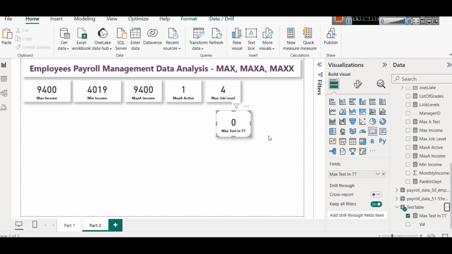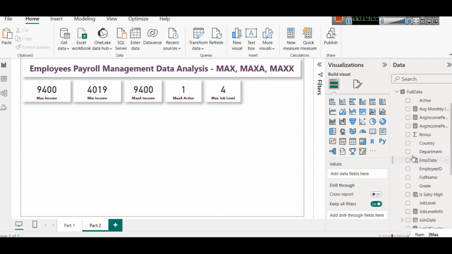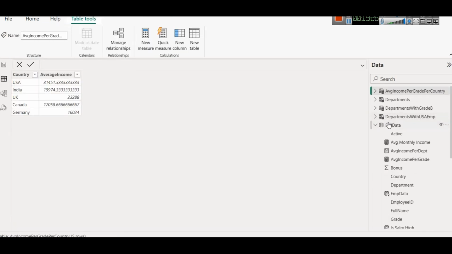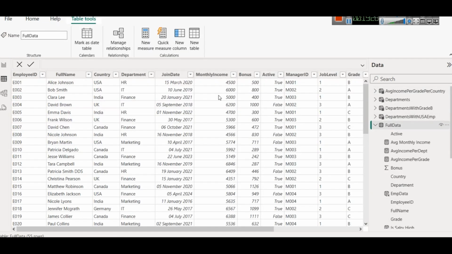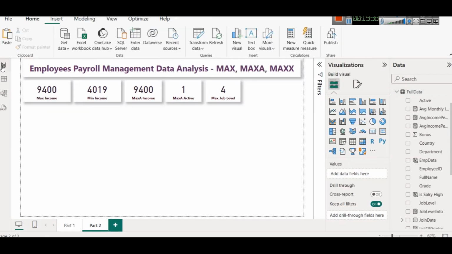And the two cases that we have where we can actually use MAXA in our example in full data is the two columns. One is salary high, and another is the employee active. Okay,